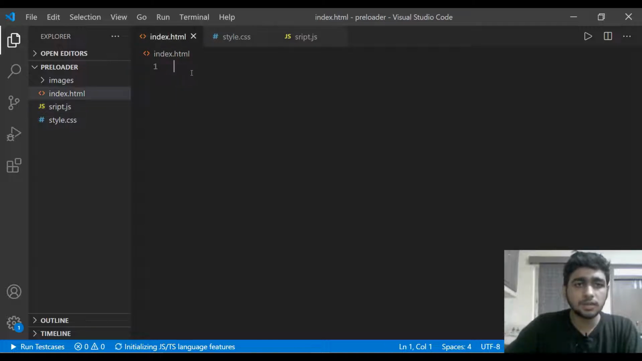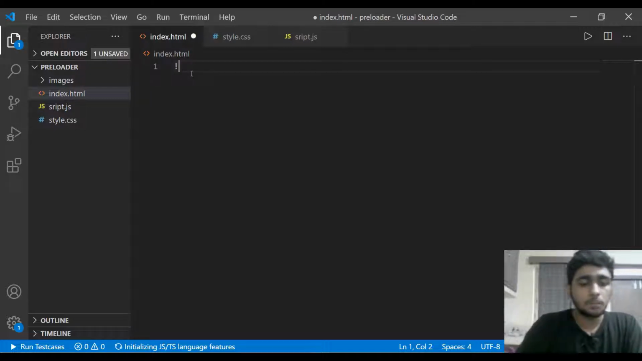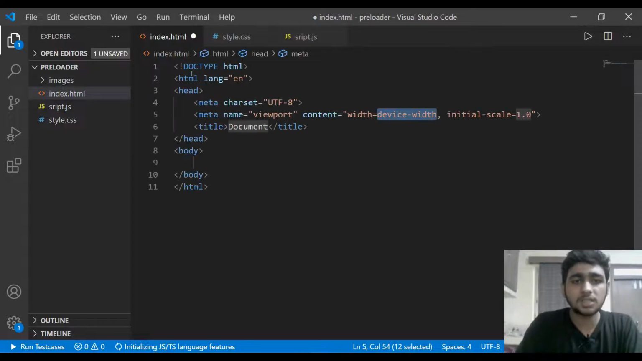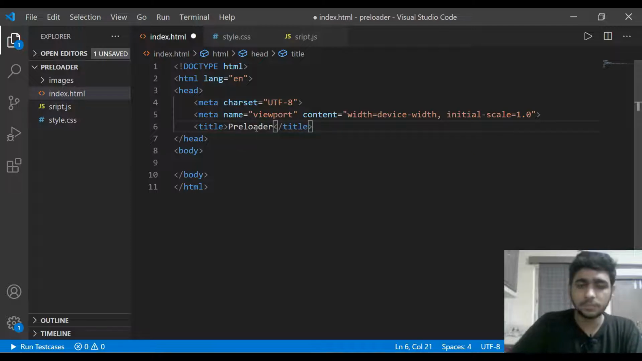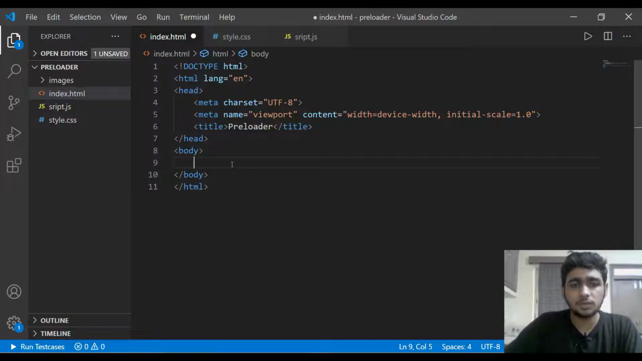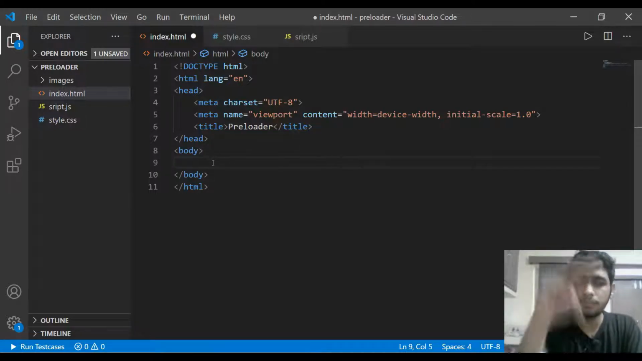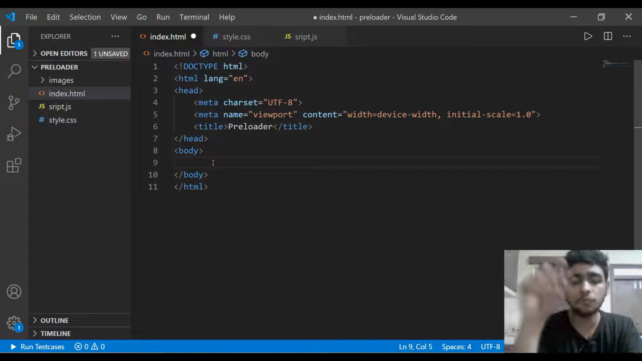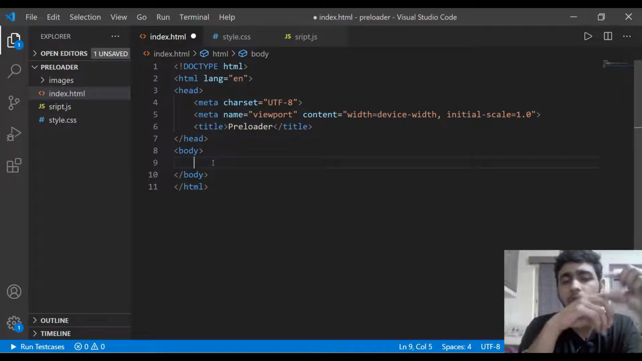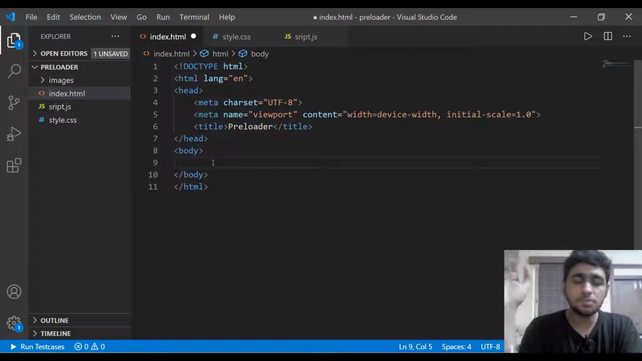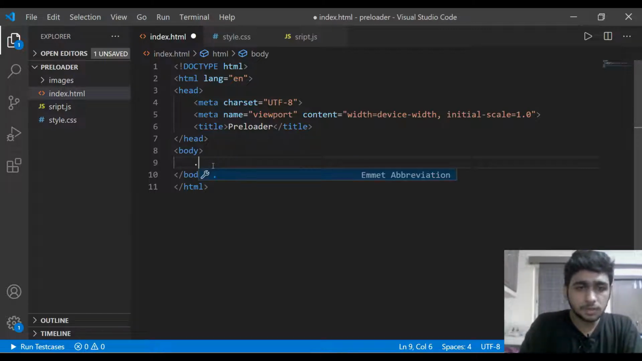Let's start with the index.html, and let's bring up the boilerplate for our HTML, and let's change the title to preloader. Yeah, that's good. Now see, in our body section we need 2 divs. Okay, one div will be for our preloader section and the other div will be for the main content of our website, right? So let's first make the website section,